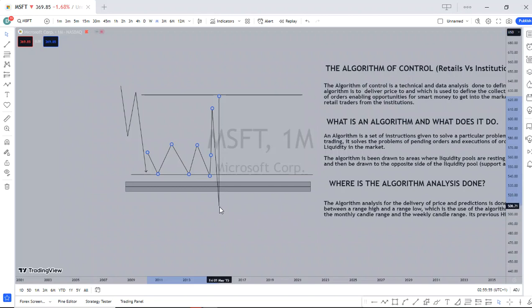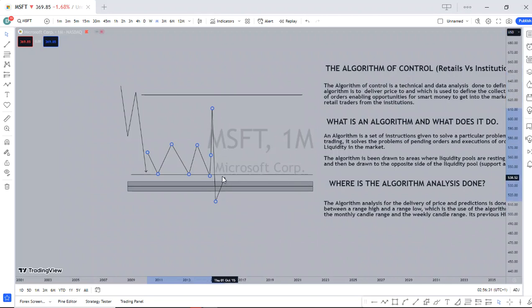So it now activates the pending sell orders right here. So what is it trying to do? The algorithm is solving the problem of what? Taking these pending orders. All right. Now the institution on the other side, seeing their price is now cheaper, people selling their assets at a cheaper price level, the institution will like to buy it. All right, they will like to buy. So that is why you get to see a hunt at those areas, or liquidity grab, whatever you choose to call it. Now, after that hunt, that is when you get to see the price rally higher, impulsively.